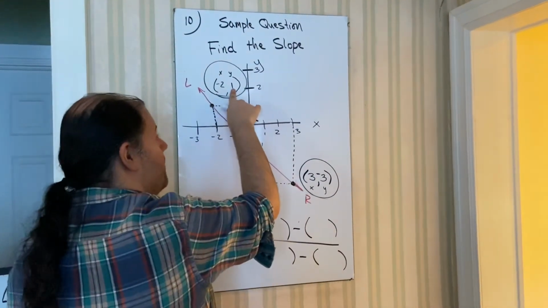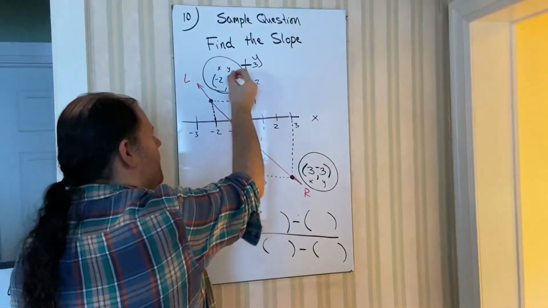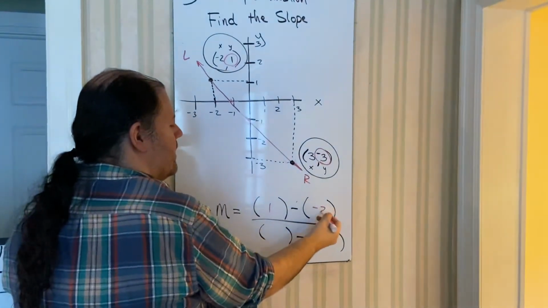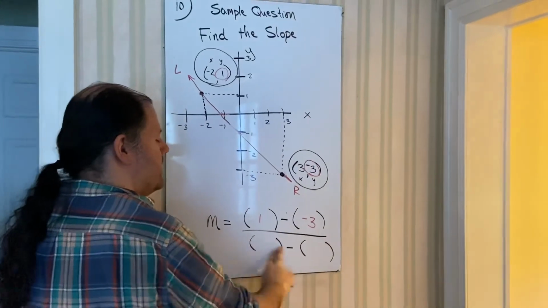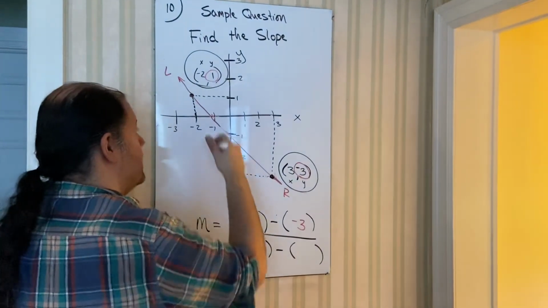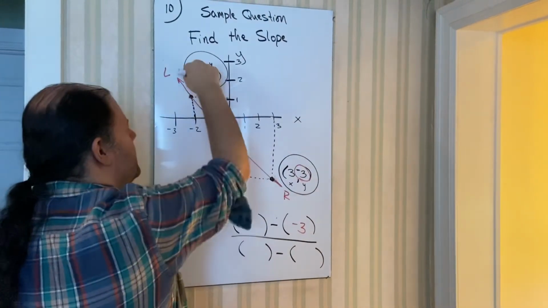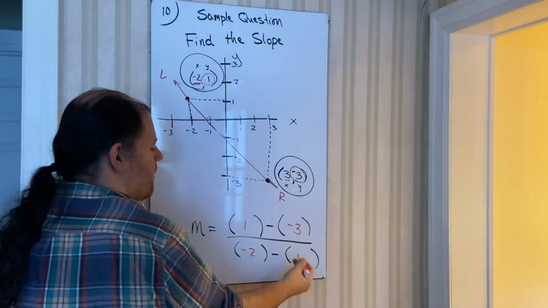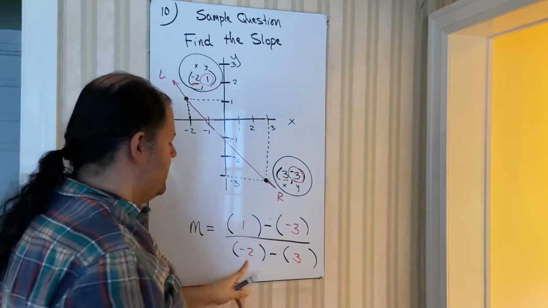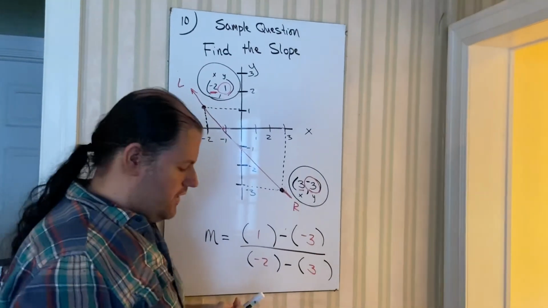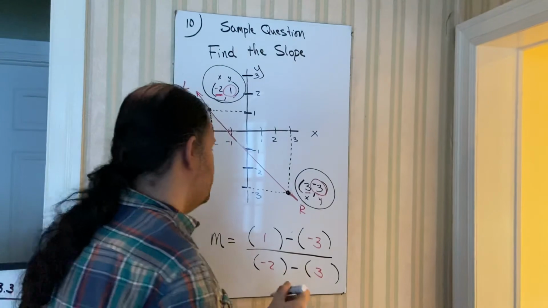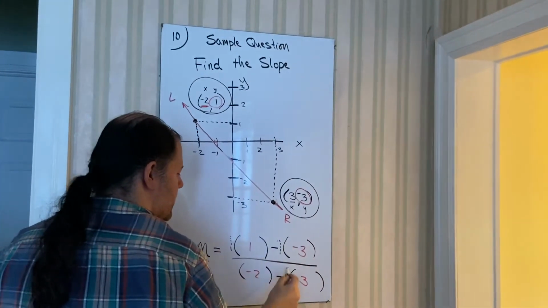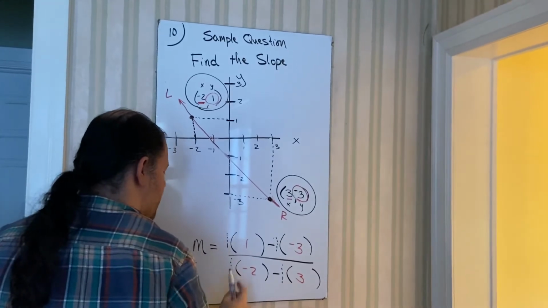So I'll say, I started as a 1, but I changed to a -3. And then let's pay attention to how our x has changed. You went from a -2, but then you changed to a 3. Once you plug in your numbers, then you just want to simplify. So what you want to do is drop in those ones, and then you get